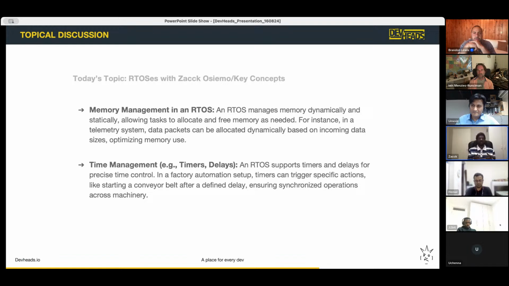Most RTOSs come with configurations where you can choose ways of arranging your data that suit your application best. It depends on how data comes in and goes out, and which kinds of buffers you need to maintain for what sorts of data. If you need a very complex system that does this, an RTOS makes that easier to do.